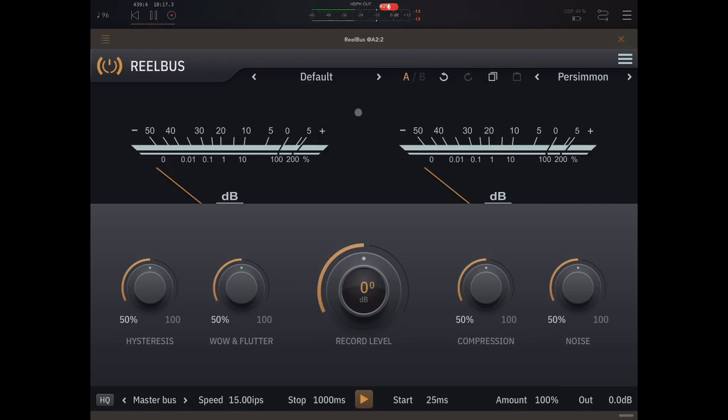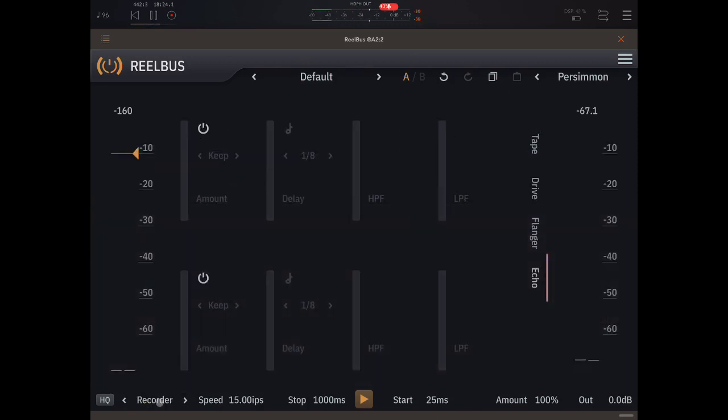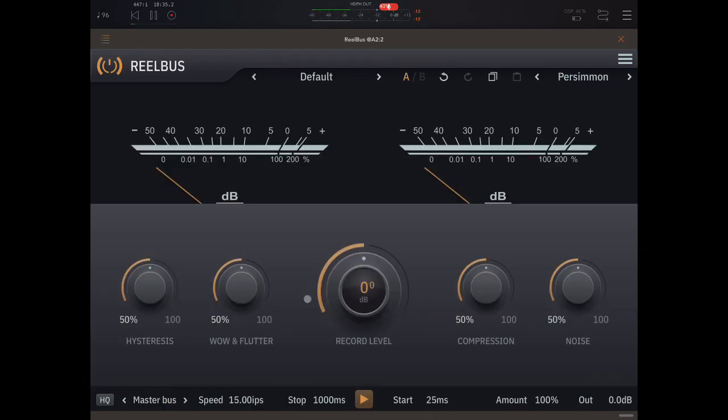Just to mention very briefly a few details. First thing, in Reelbus we get different types of screens depending on how we're using it. For example, whether we're using it as an insert effect or a send effect, and those will alter the way it processes things. It's also got this master bus screen where you have just a few knobs that you tweak. So, you know, you can have various views. You can go in and do things in detail. For example, here